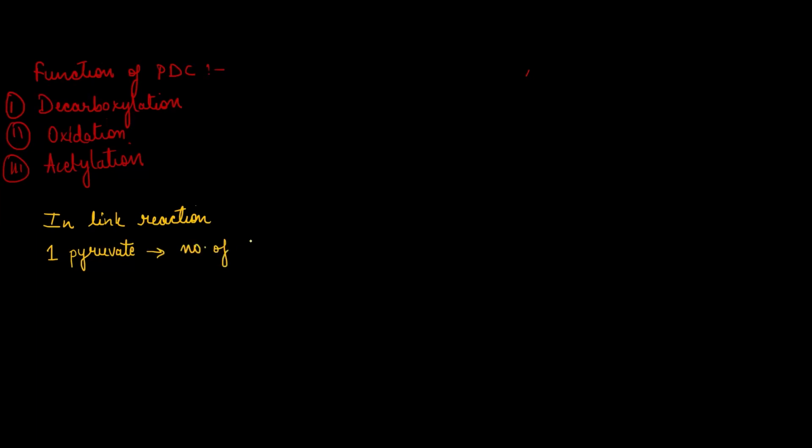The number of CO2 from one pyruvate is 1, right? And the number of NADH produced is also 1, if there is one pyruvate. But if the question is from one glucose,